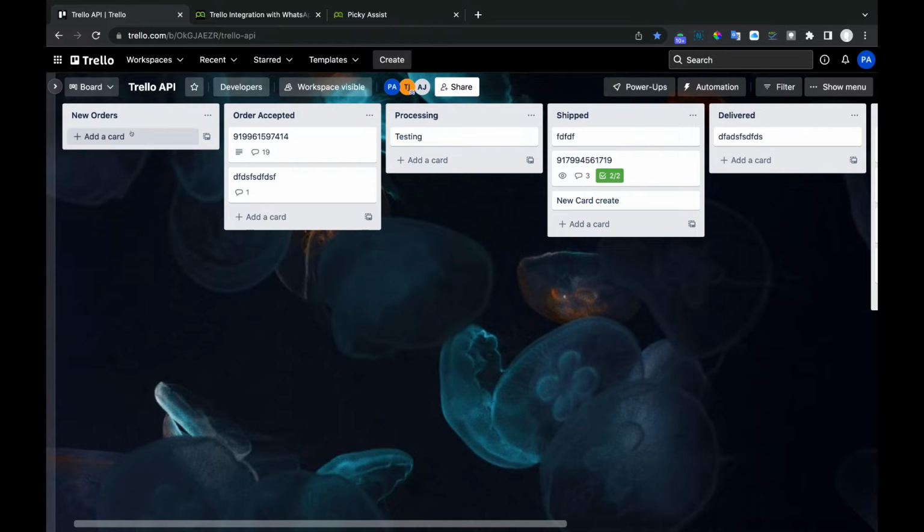I just want, whenever a new card is added in the new orders list in this board, to send a WhatsApp message. So here we have to store the WhatsApp mobile number along with the country code somewhere in the card. We highly recommend saving the mobile number as the title of the card. When you are creating a card, always make sure that you enter the customer's WhatsApp number along with the country code as the title of your card. This will help you achieve the automation very easily and interactively.